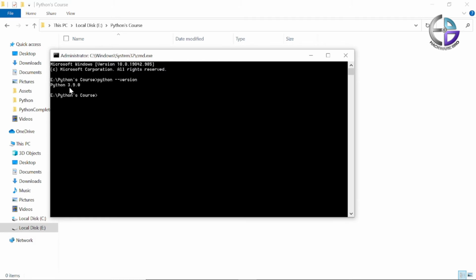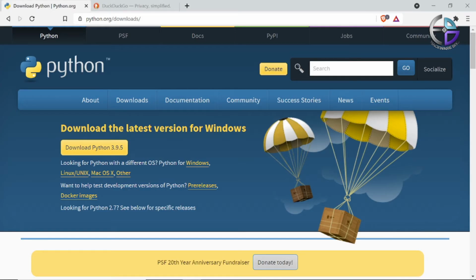If you are getting Python 2 point something, then you have to install the Python 3.x version. The latest version is 3.9.5, so just click here and install it from there. You will get a setup, and just click next and done. Simple. You don't need to set up the path variable. I will talk about it in another video. If you want to know about the path variable, you can click on the info tag above on my video. Whenever I make a video on that topic, I will also drop the link in the description below.